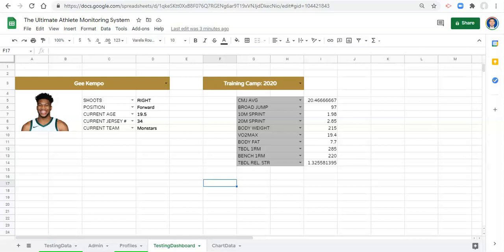Welcome back. In this video, we're going to calculate position, best, and worst values for the metrics that we select. And this is important to recognize. We're also going to calculate team best and worst values or sport best and worst values depending on how your data is organized. And we're going to calculate the players' all-time best and worst values so that when we are looking at this training camp or this session in question, we have the opportunity to compare them to themselves,